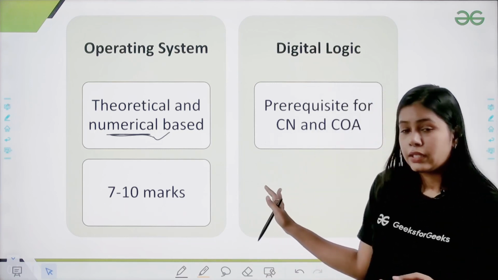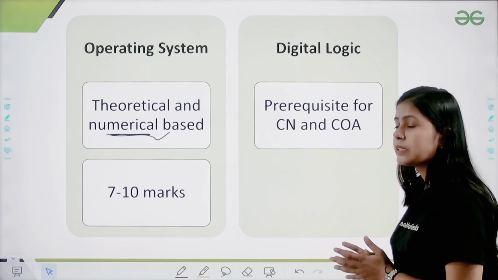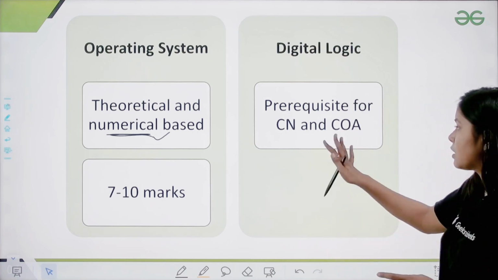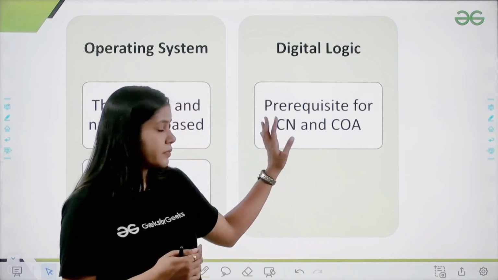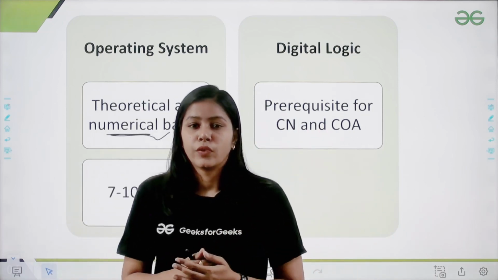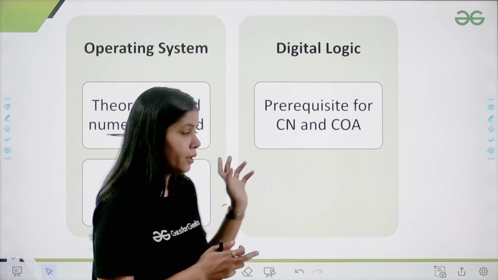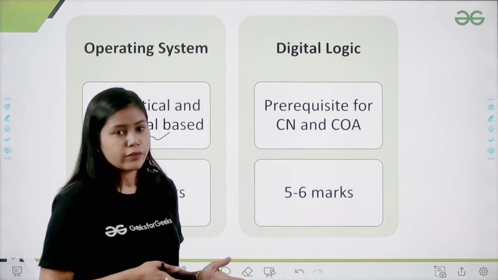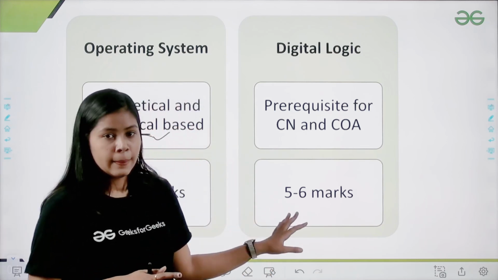So you can easily do good in that if you are from those streams. If you are not, then you can easily study these subjects, right? It is a prerequisite for CN and COA. You have to study digital logic first, then you can move on to computer network and COA. It is around 5 to 6 marks, and you can easily score that if you study this